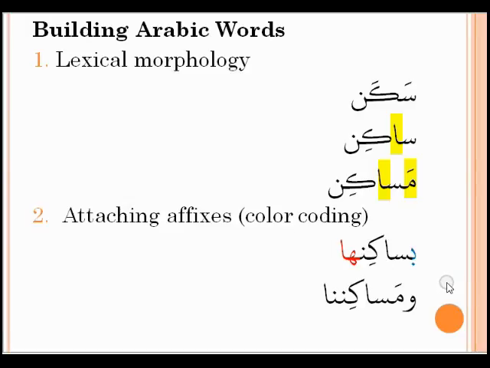The same thing with the second word. If I were to color code it, you'll see wa here in the beginning and a pronoun in the end, and masakin right in the middle. This is the base word here, which is actually the third word on top. So with totally different meanings and only new words attached to them. This color code will be explained to you further in the lessons. Going back to our lesson,